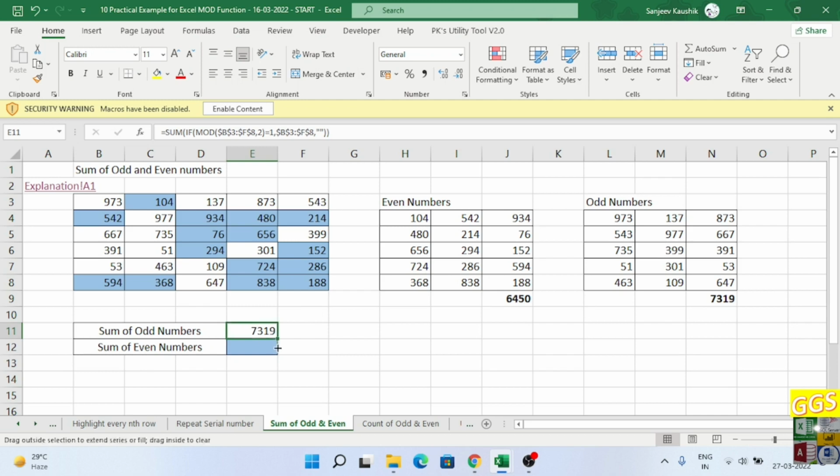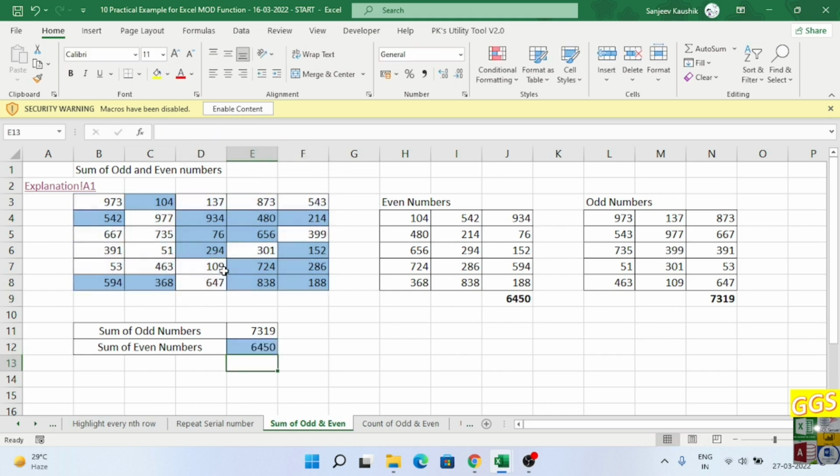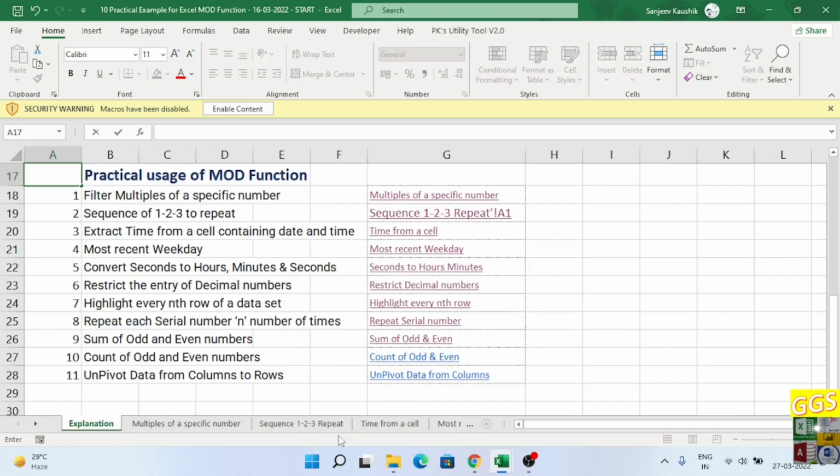For even numbers we have to simply copy this and change this mod condition of if to 0. Here we will get 6450 as the correct result. Hopefully this use of sum, mod and if is clear to you. Now for our next example,